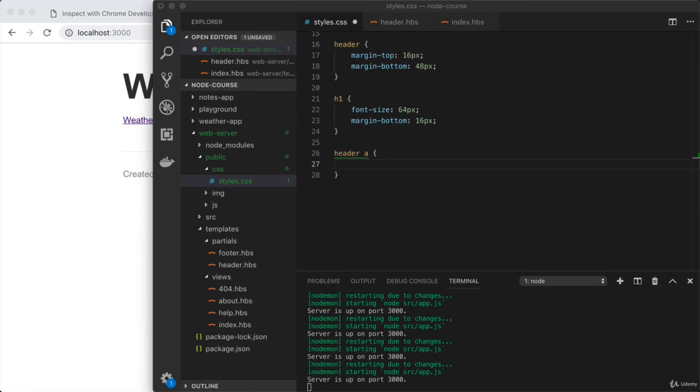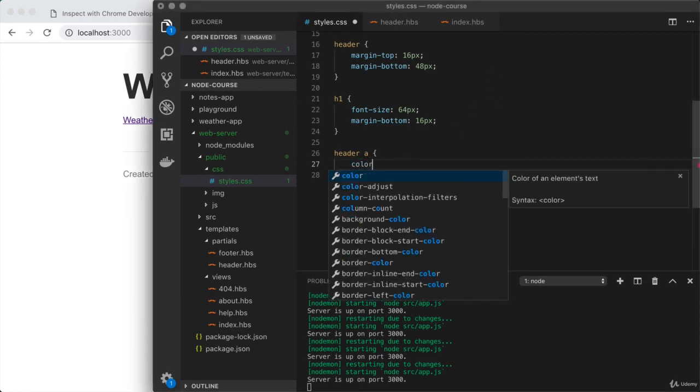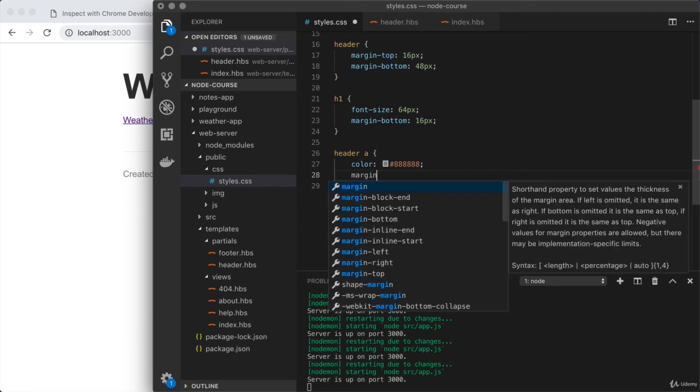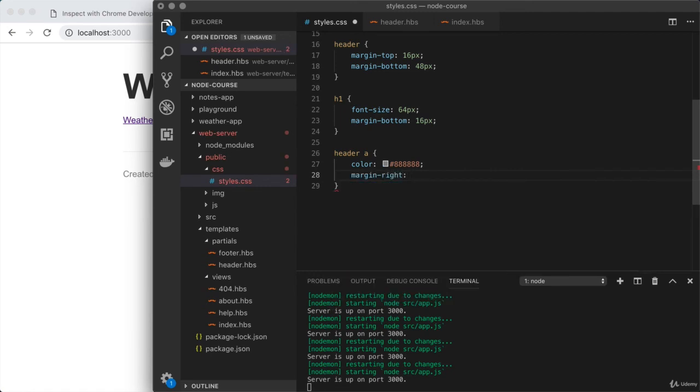First up, we are going to change the color. I will use the hex code 888888. Then we're going to set up a margin property, margin-right, to put some space between all of these items. We can use something pretty small like 16 pixels. And then lastly, we want to remove that underline. Well, it's a stylistic choice and I'm choosing to do that. And we do that using